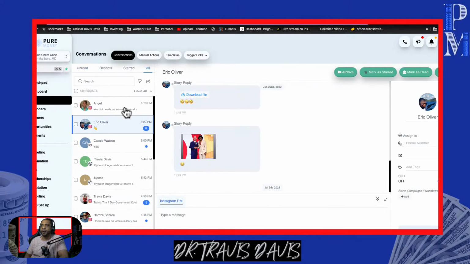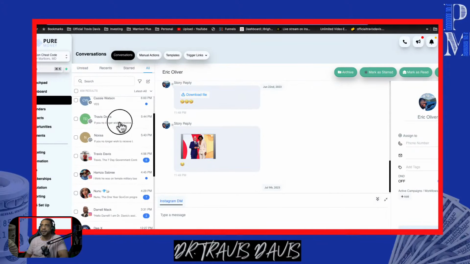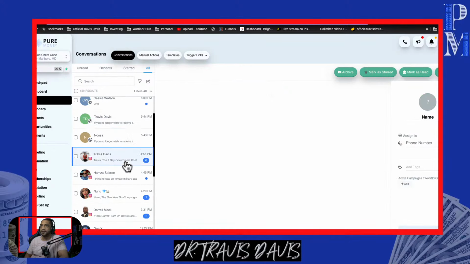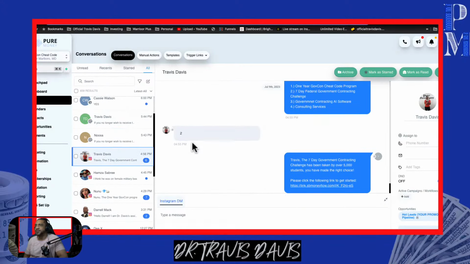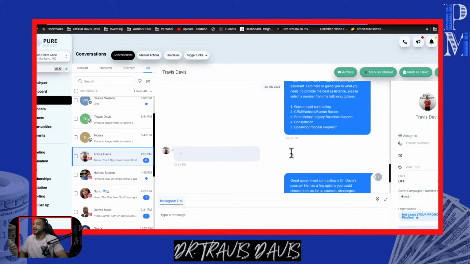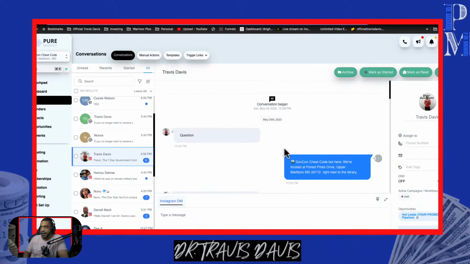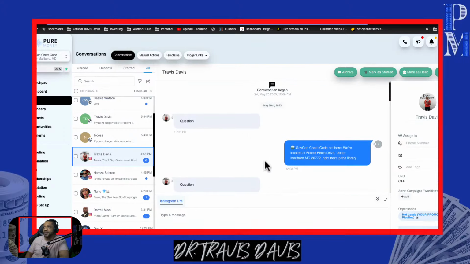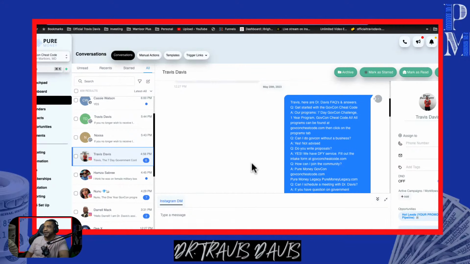We're going to go to all. I believe, there we go. Was it this one? Nope. This one. All right, so this is me testing my stuff out, playing around with it, making sure that I can do whatever needs to be done right here. So as you can see, I played around with my own tool. This is something that I built earlier, but here we go. We're going to dive down into it.